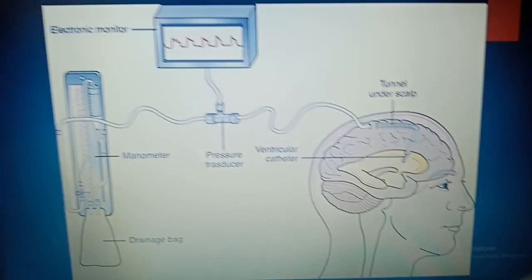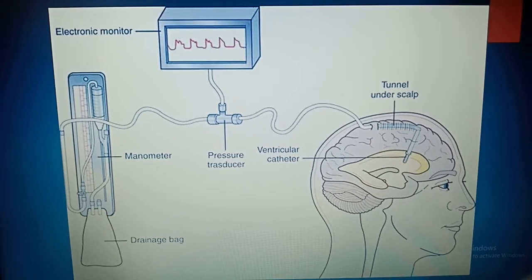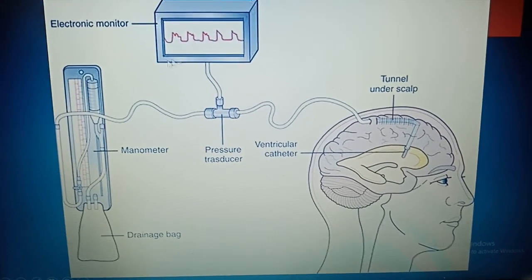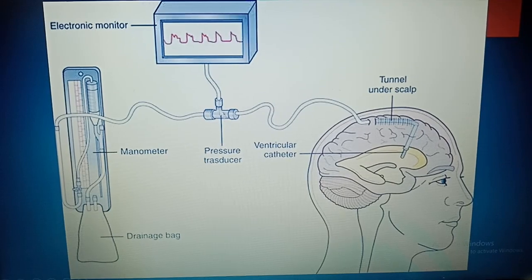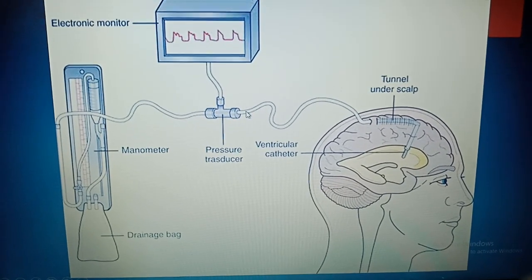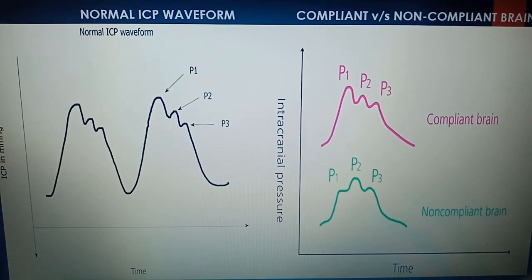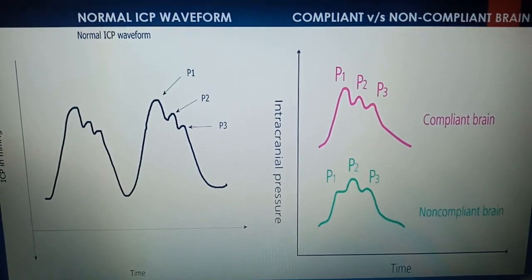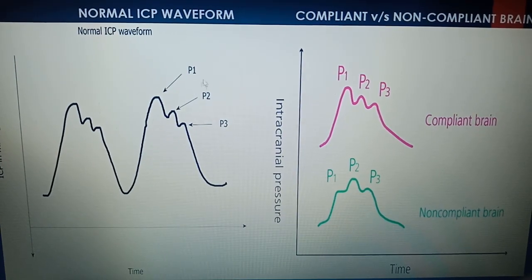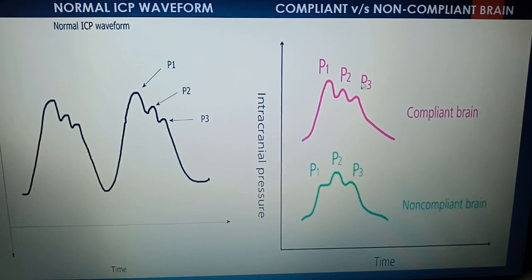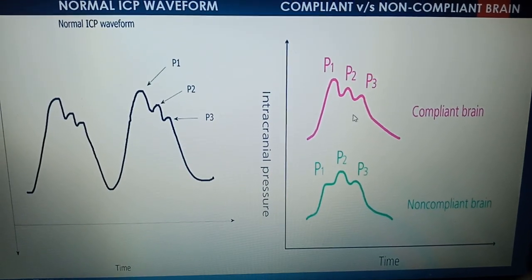This is a simplified picture. This shows the pressure transducer. So this is the pressure transducer around here, and this is attached to the monitor, and this actually shows you the ICP waves. Now the normal ICP waveform is around like this. Now there are pressure waves, these are P1, P2 and P3 waves, and this is what the waves actually look like